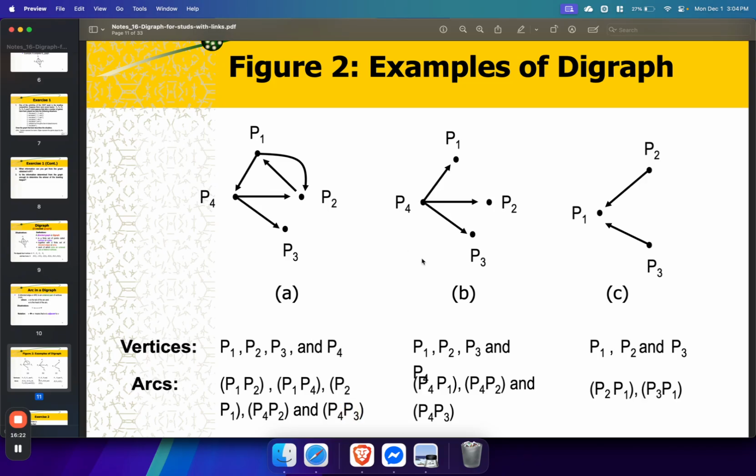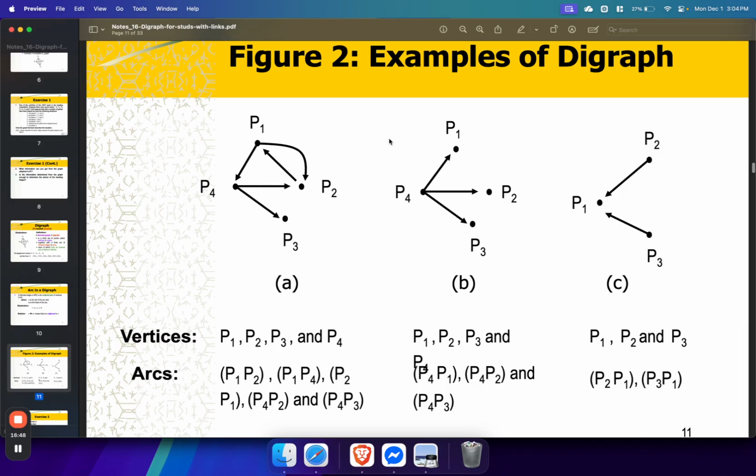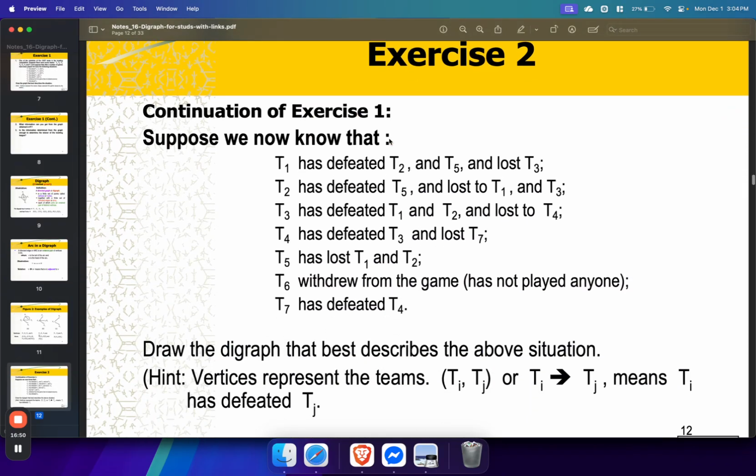The same thing applies to these other graphs. I think you already get the point, because P4 is the one that's pointing to P1, P2, and P3. It is always the tail, so all of the ordered pairs in the arcs will always start with P4. So take a look. P4 to P1, P4 to P2, P4 to P3. Let's skip. You already understand that for sure.